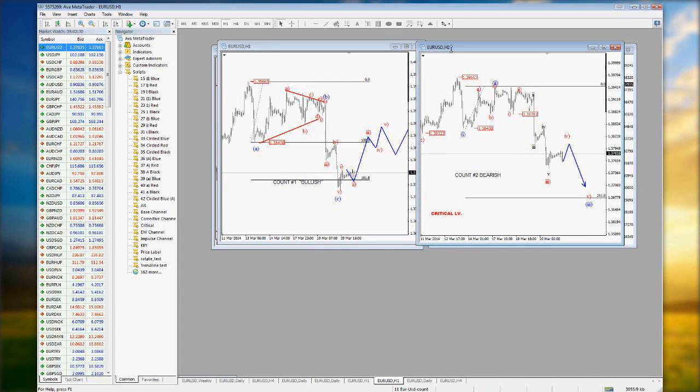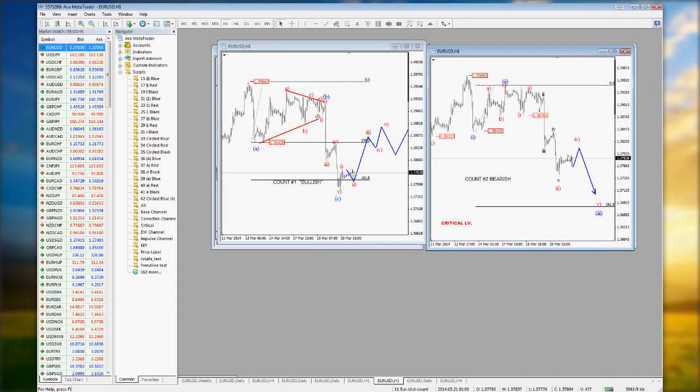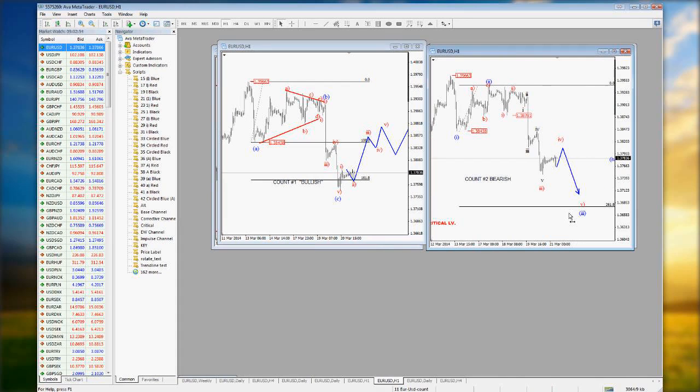Okay, so I also have here a bearish count looking at potential wave 1, wave 2, and this is an extended wave 3 to the downside in progress. From a bearish side, I would definitely like to see more downside to make sure that we are in a wave 3. I would love to see this 261.8% tested, and then I would be interested to go short in